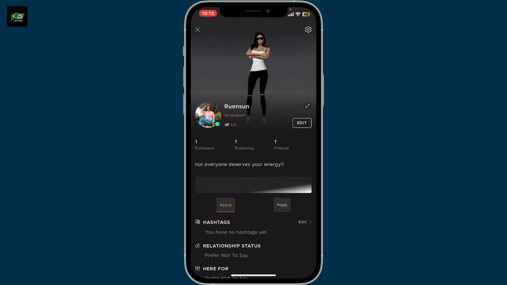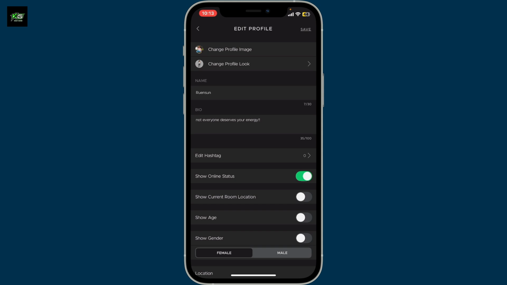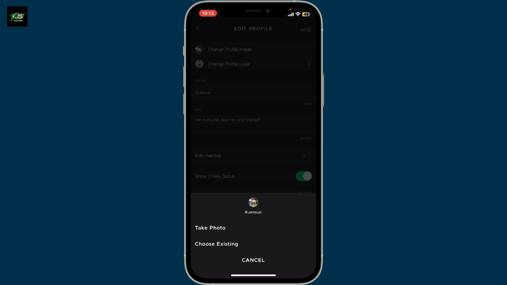Now once you open up your profile, click on Edit right next to your name. And then from the Edit Profile section, tap on Change Profile Image at the very top. Now in the pop-up, you have two options. You can take your own photo from your device's camera by tapping Take Photo and take a picture to upload